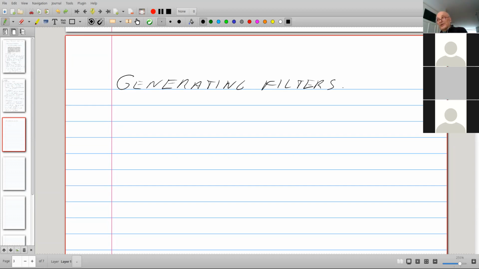And actually, this is going to be used in the homework that I will put on the website later today. I haven't put any homework on the website yet because I'm not 100% sure where I will end up today, but generating filters is something that will be used in the homework.